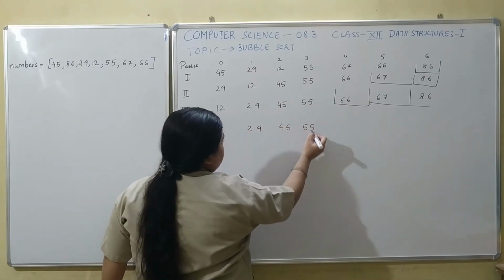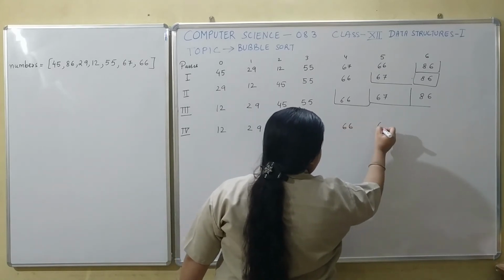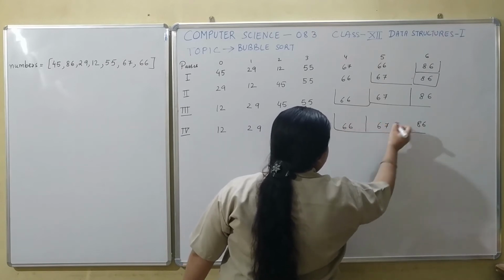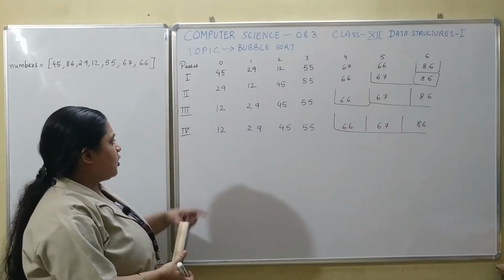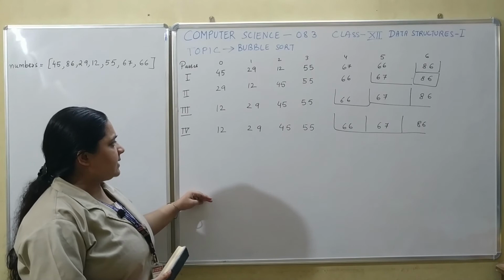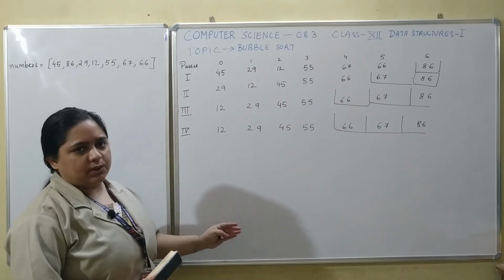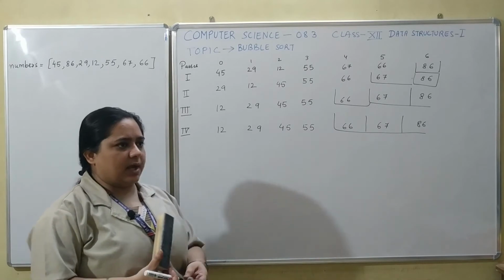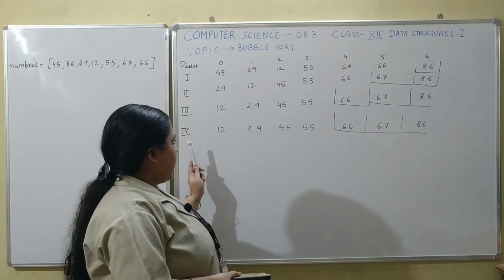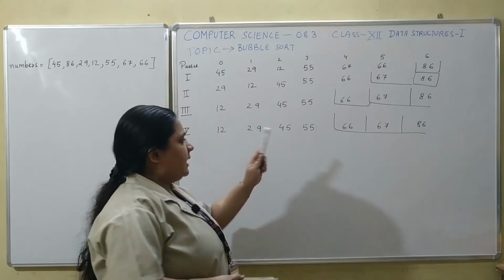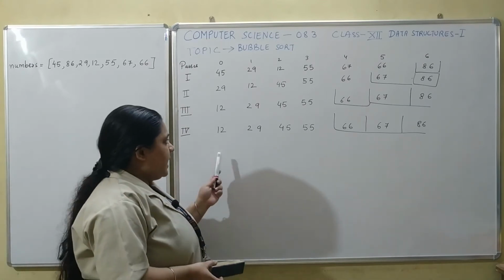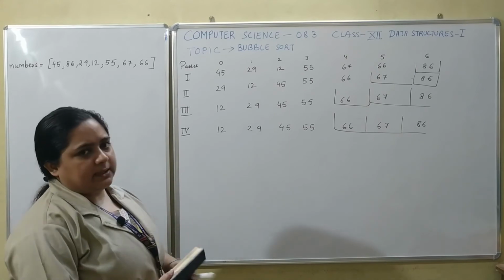Now you can see the list is already sorted. But because we are using a computer program, it will stop only at the maximum number of passes. Once the maximum number of passes are complete, only then is it going to stop. If you want, in your program you can insert a separate check at the end of every pass whether all elements are sorted or not, which we will see practically later on. But here it is going to continue sorting till the end.